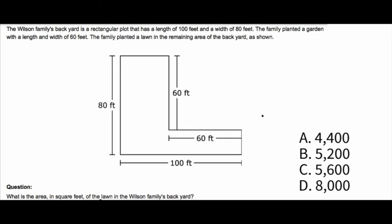Okay, so this question, there's a lot going on here, so it's kind of big, so I had to stretch it out to fit on the screen. The text is a little small, so let me read this out loud in case you're on a cell phone or something like that, and it's hard to see the text, but it says,